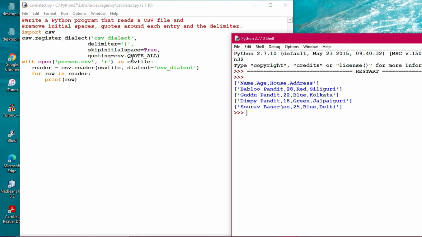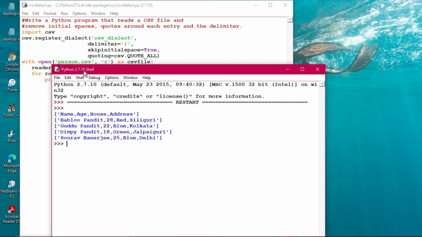So this is the one. This program will just print each entry with everything, spaces and quotes, removed. Quotes means the entire record is kept under the quote. That is different, but nothing will be shown here. Then this portion is a CSV reader, not a dict writer or dict reader. There is a difference: dict reader will convert the existing data into a dictionary. You'll read it as a dictionary, and the print will also be in the form of a dictionary.